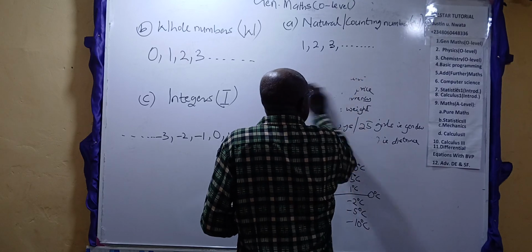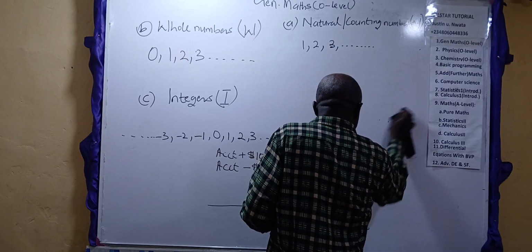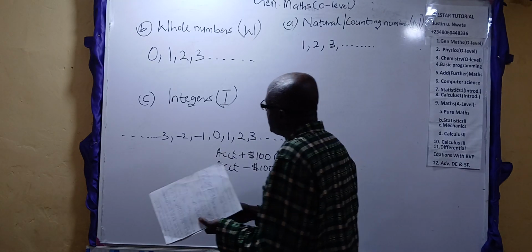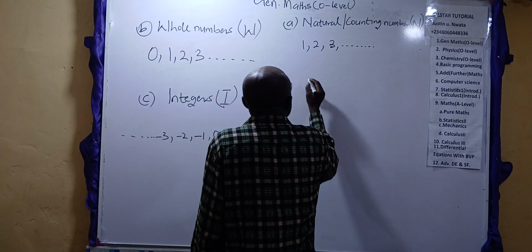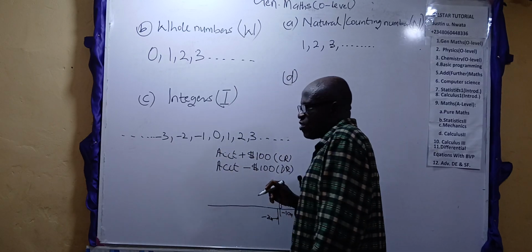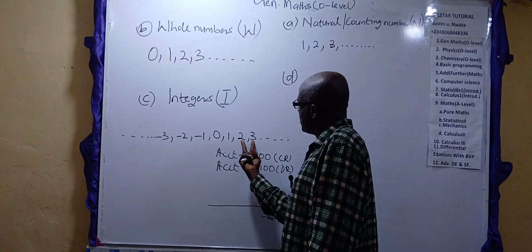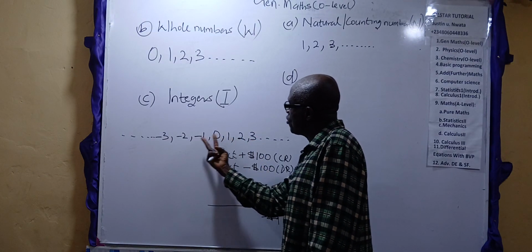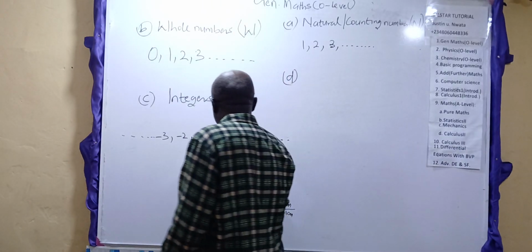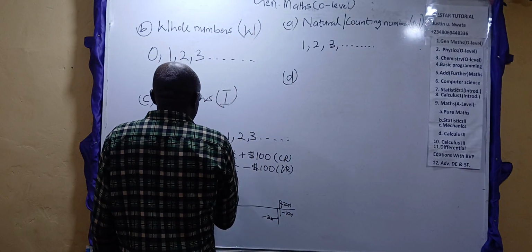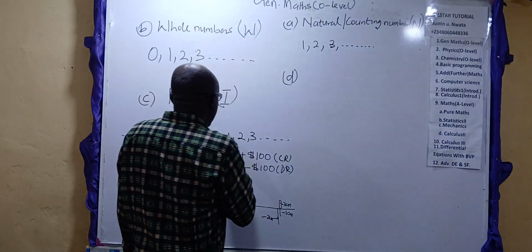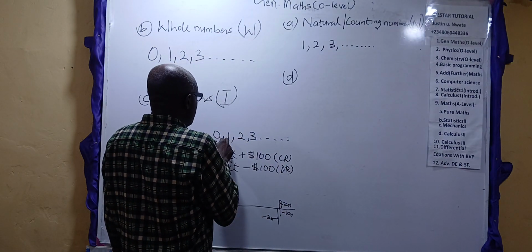Now, as time progressed, human beings discovered that these integers can be improved upon. What did they discover? They discovered that in between any two integers, there are a thousand and one numbers that lie in between them. This is how fractions enter into mathematics. Between 1 and 2, between 0 and 1. For instance, between 0 and 1,